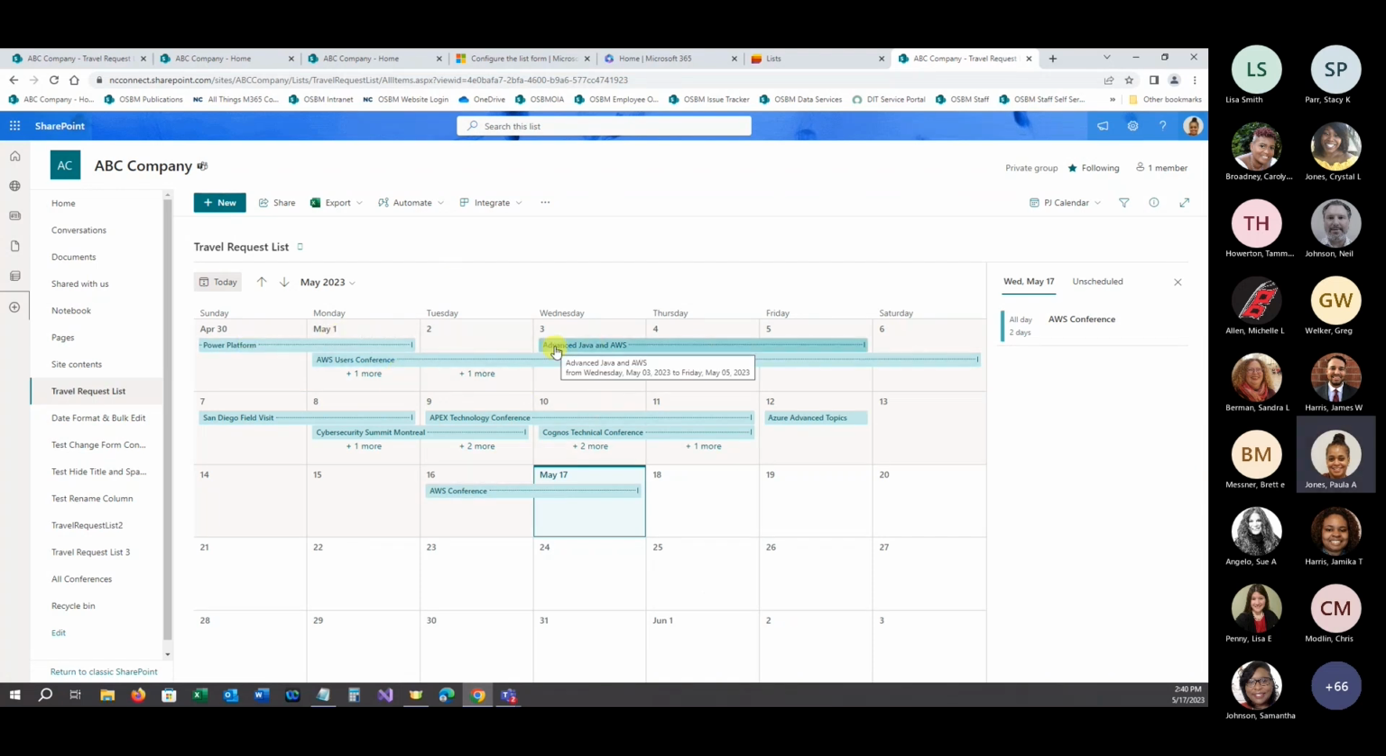Now, as you can see there, that is not really ideal. I can see the titles of the training or the seminar or the conference, but I don't know who's attending. So I wanted to add the requester and the title. Ordinarily, I would be able to create a calculated column to concatenate both the title and the requester, but you cannot use the people column in a calculated column, rather. So what I did,